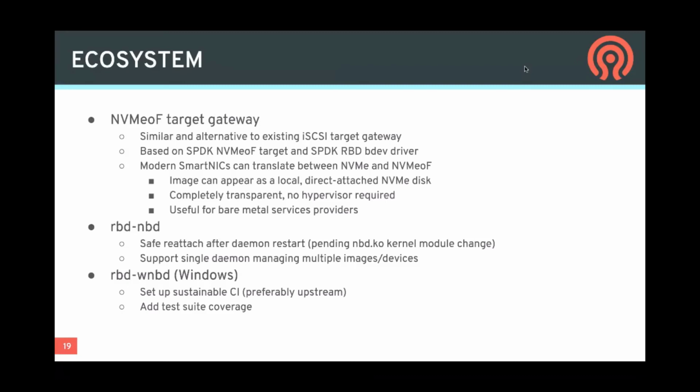This would be used in the Kubernetes environment, where the RBD plugin pod or container, which is responsible for mapping the image, and which actually contains the RBD NBD daemon responsible for the image, can be restarted or upgraded at any time